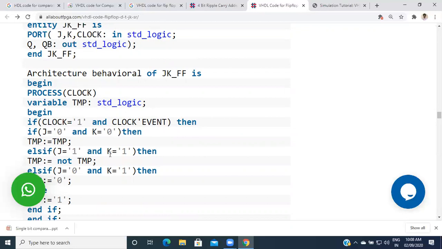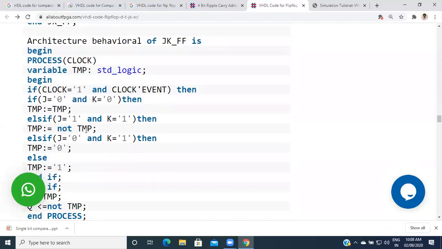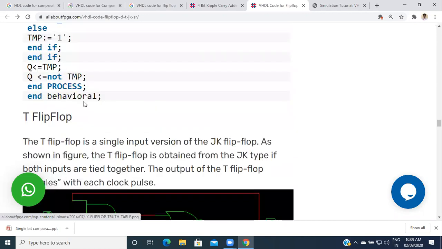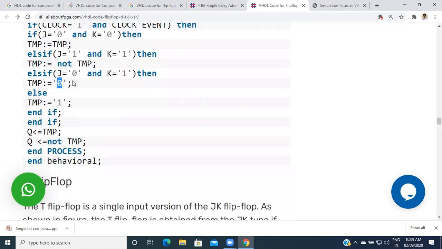If J is 1, K is 1, then the opposite of the temporary value is assigned. If J is 0 and K is 1, then the temporary value 0 is assigned to the output side, or else the temporary value 1 is assigned to the output side.